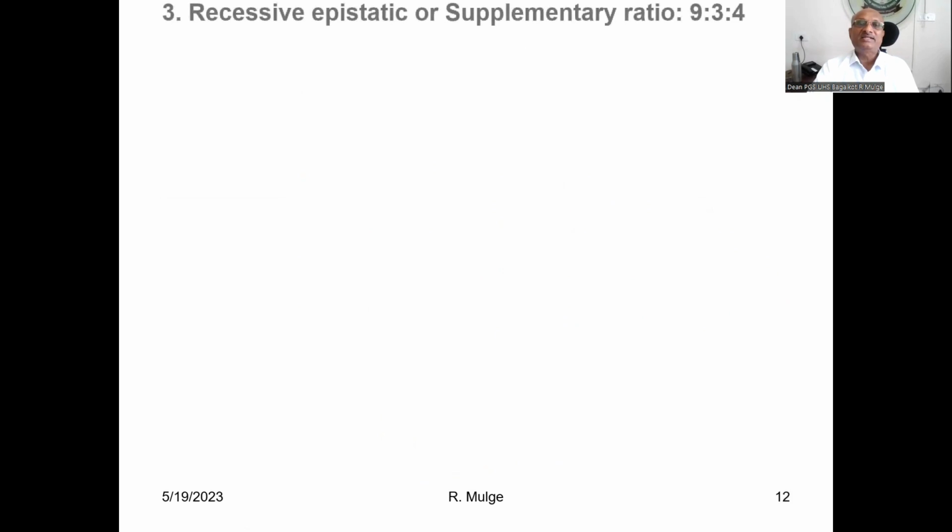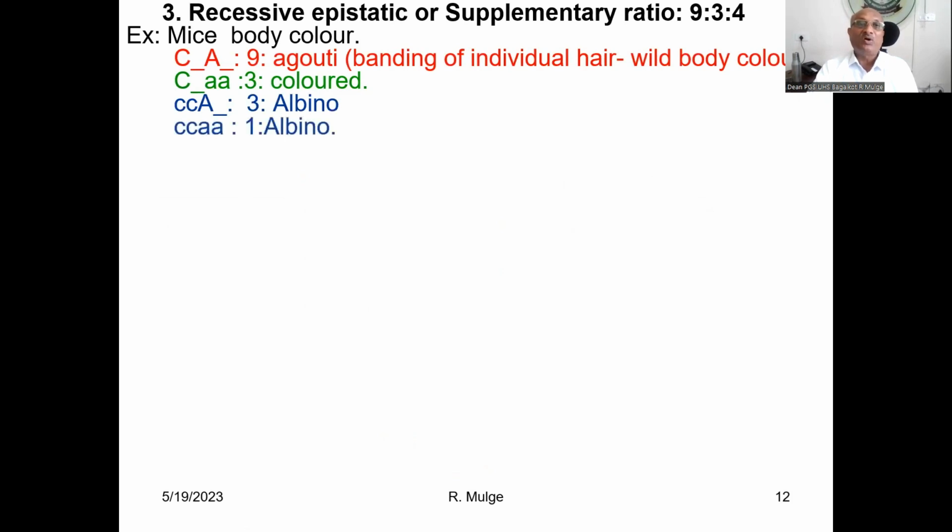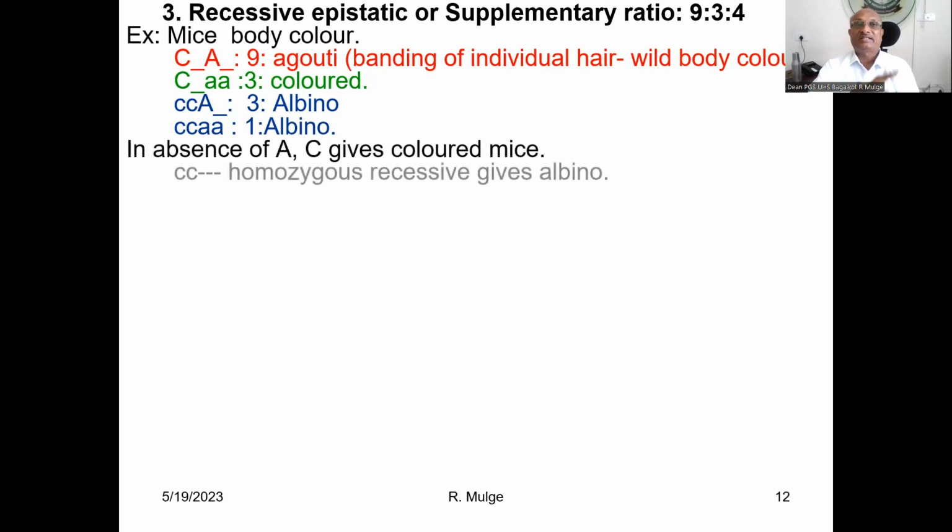The third is recessive epistasis, or supplementary ratio, 9:3:4. Mice body color, right? I need not explain all of that; you can just collect it. The first gene is C and the second gene is A. Agouti, banding of individual hair, the wild body color, you will get when both genes have at least one allele in dominant condition. And if the first gene is in dominant condition and the second is recessive, you will get colored